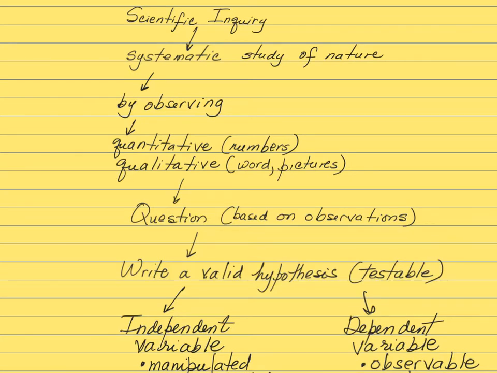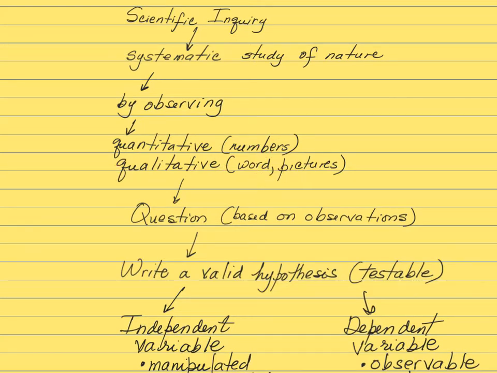Okay, so just to start, you know that scientific inquiry is the systematic study of nature. It is how scientists are going to study nature by observing what is happening around them. They are going to record observations. It could be quantitative observation, in which you use numbers, or qualitative observation, in which you use words